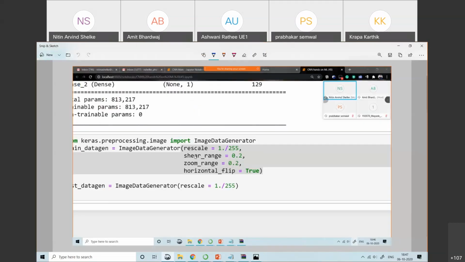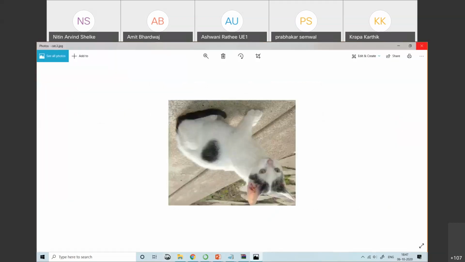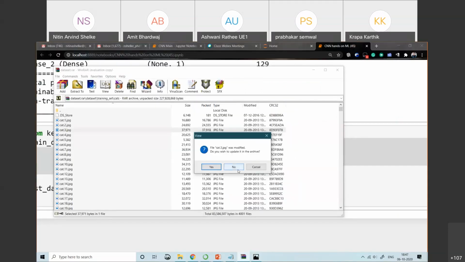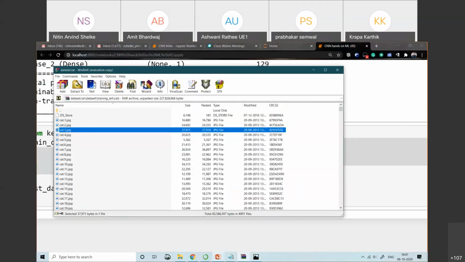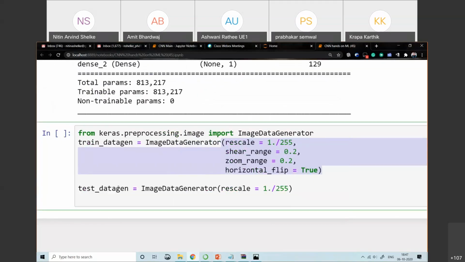Here we'll do the rescale, shear range, zoom range, and horizontal flip true. In the case of the test data set, we only use the rescale.